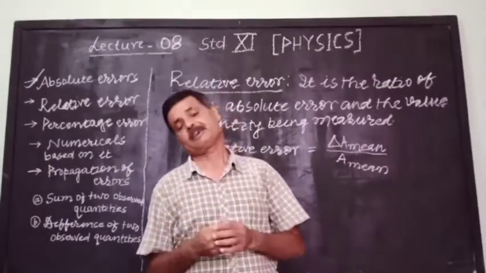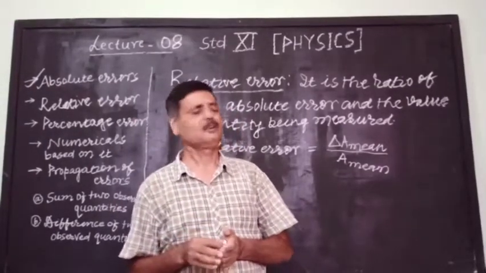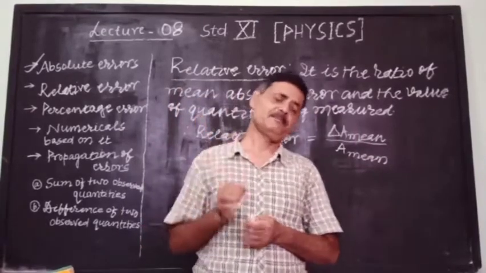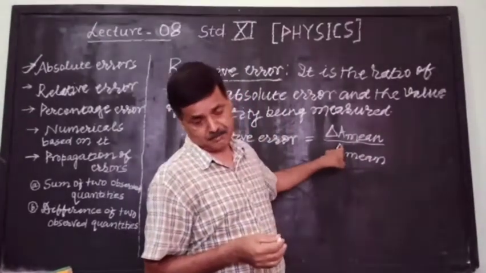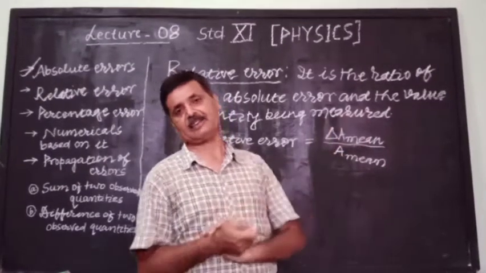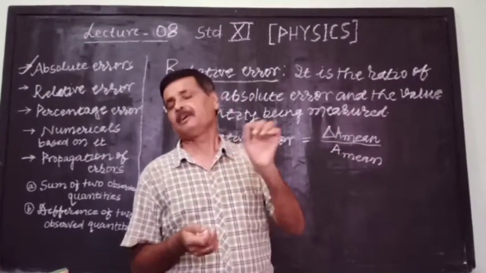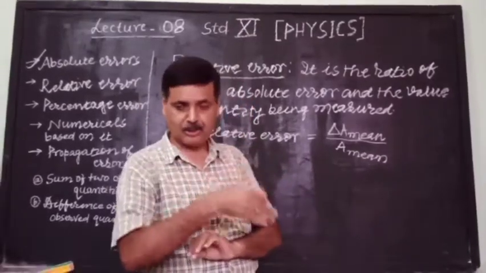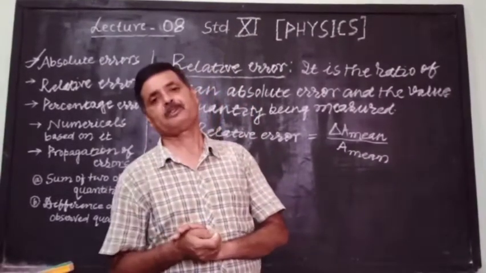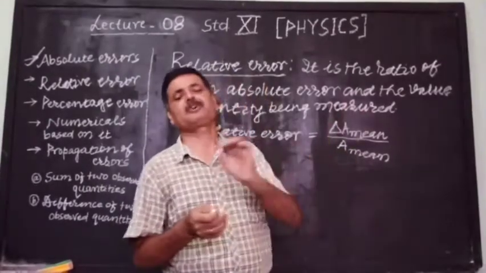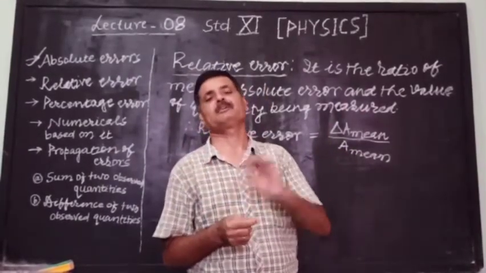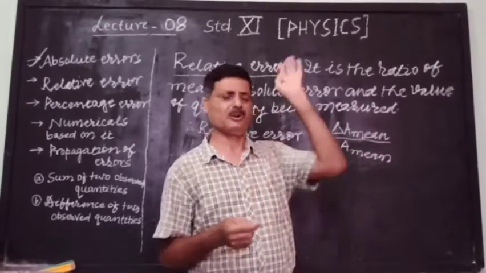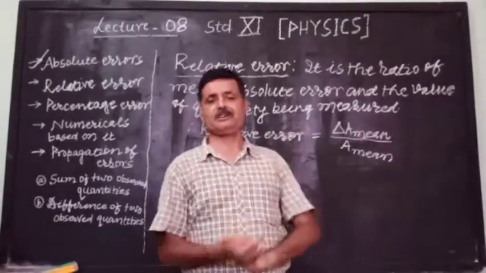You can calculate the absolute error in many ways. A single way is the mean error. The mean of the given data is calculated, and it is subtracted from each value, starting from the very first. Suppose a mean minus first value A1, mean minus second value A2, mean minus third value, and so on. That was your relative error.